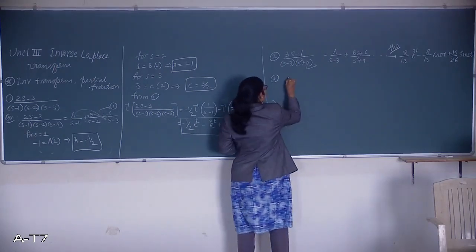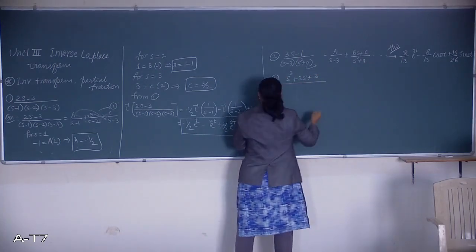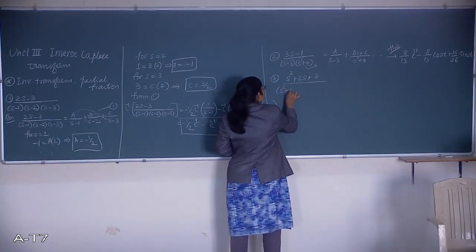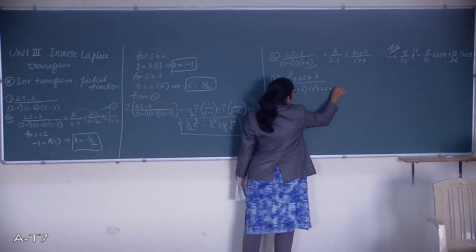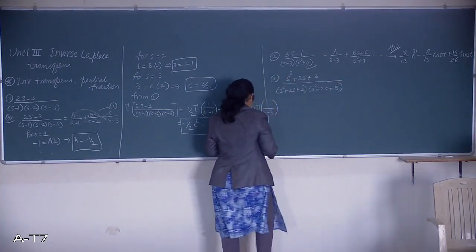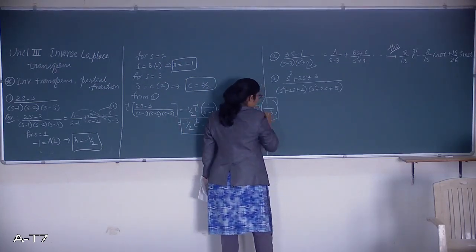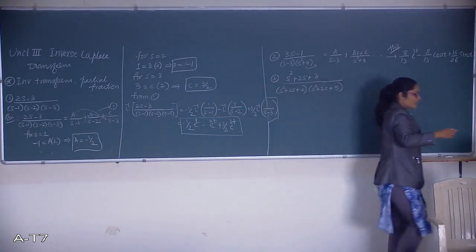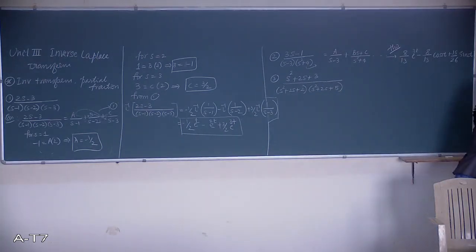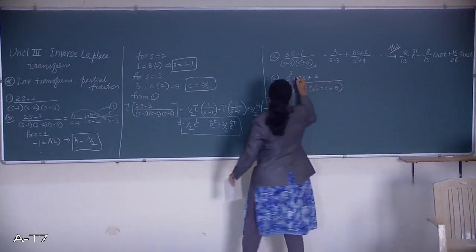Then a little different sum: s square plus 2s divided by s square plus 2s plus 2 and s square plus 2s. This is the example. As in partial fractions, it is also difficult. In that case, if you look at this, the numerator and denominator contain two terms the same, that is s square